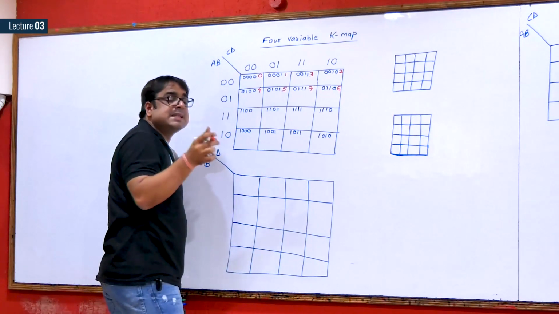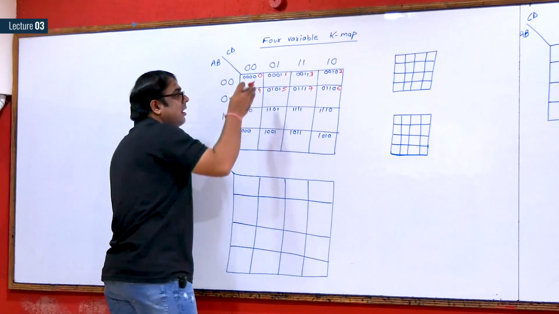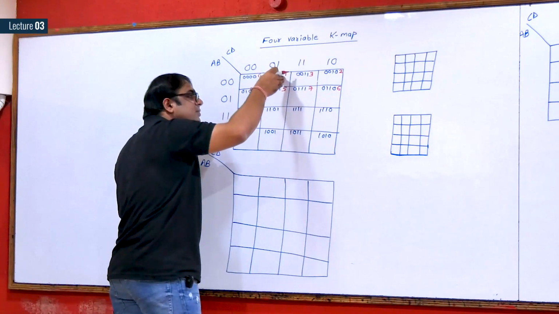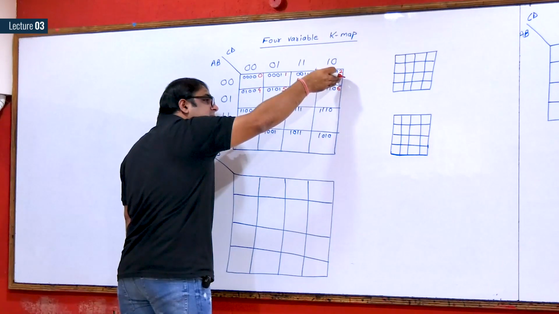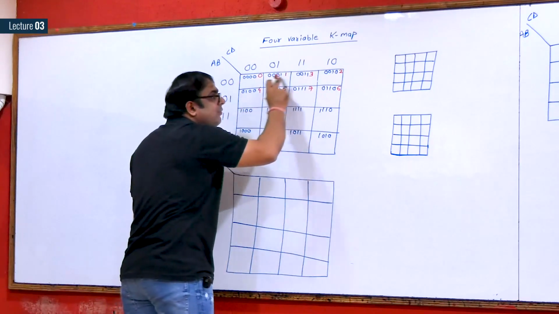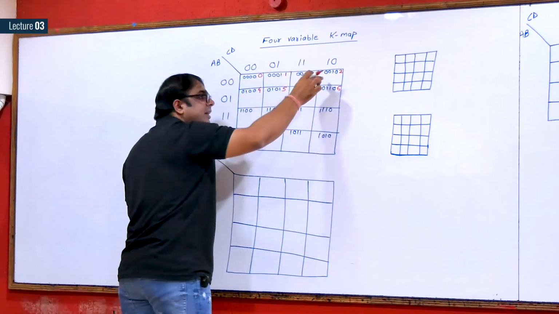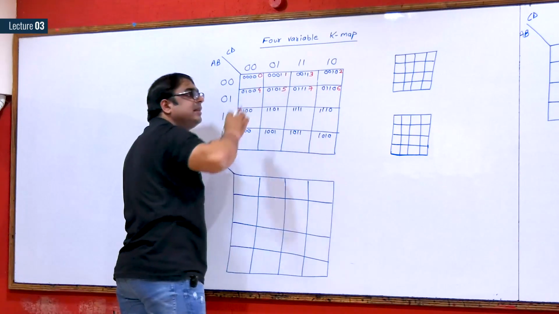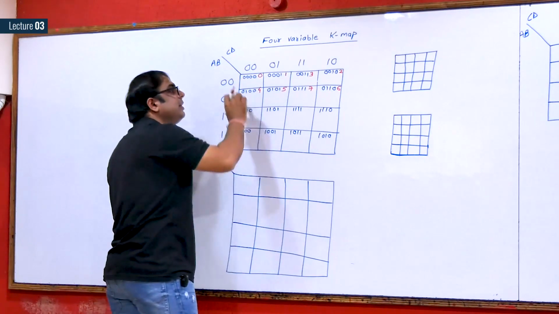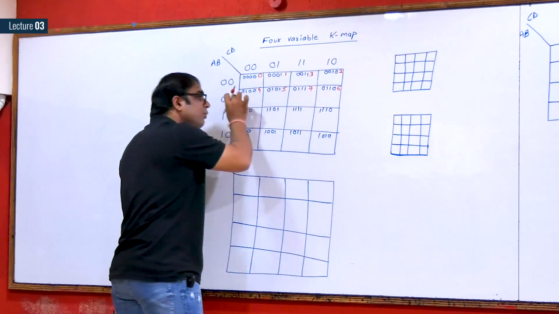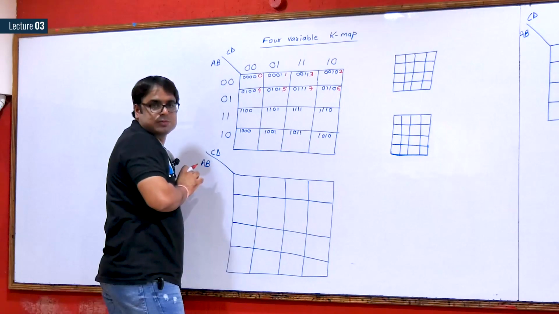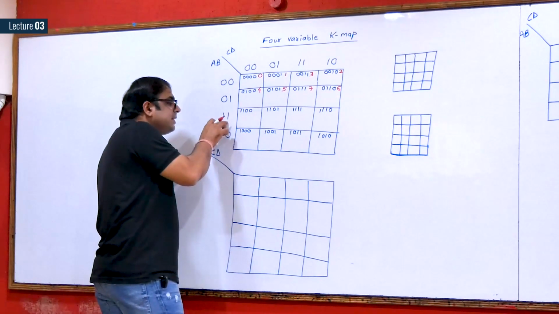Now I am giving you the simple reason, please see. While filling the first row, this was 0, this was 1, first you fill the last cell, and then the second last. For the same reason, after you fill the first row and the second row, you will fill the last row and then the second last row. Because it is 1 0 and this is 1 1.